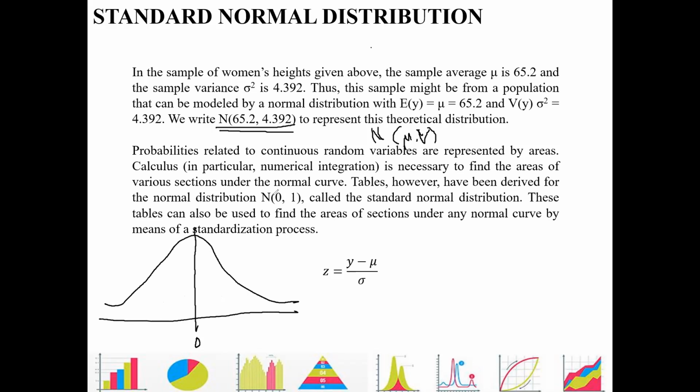So itong data na to kanina na N(65, 4.392) will be transformed into a standard normal distribution where the mean is 0 and the variance is 1. So ang tawag natin doon is the standard normal distribution. These tables can be used to find areas of the section under the normal curve by means of the standardization process. We try to standardize itong format na to